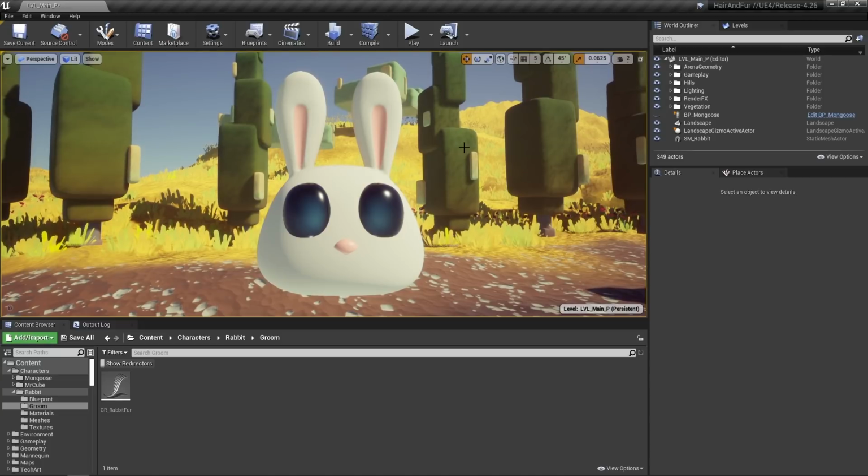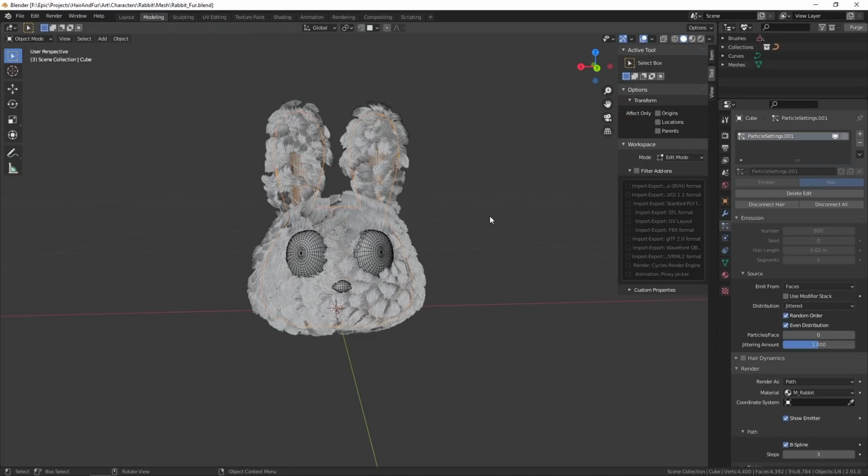So, to create the groom for this character, I used Blender, but you can use your preferred software able to create groom as you desire. The idea is that we will be exporting that into an Alembic file, so our curves will be stored in that Alembic file and later imported into Unreal. So let's visit Blender, and as you can see here is my character and here my particle system created as hair. I already edited it, and this will be what I have to export in the Alembic file.